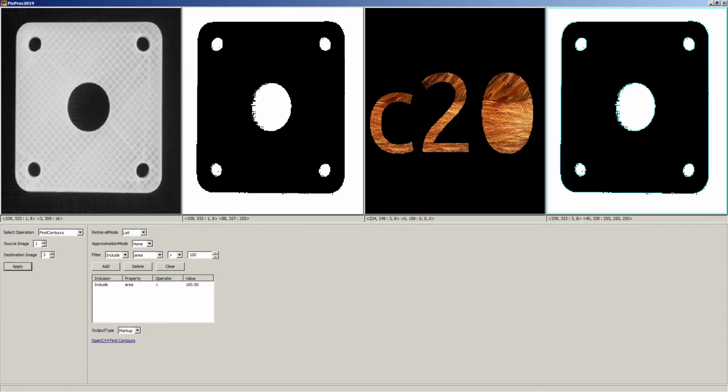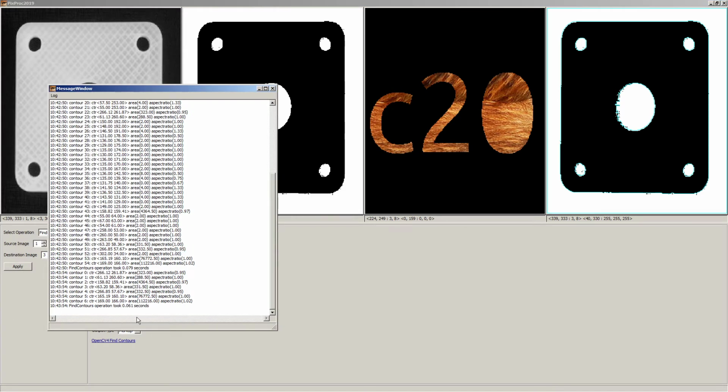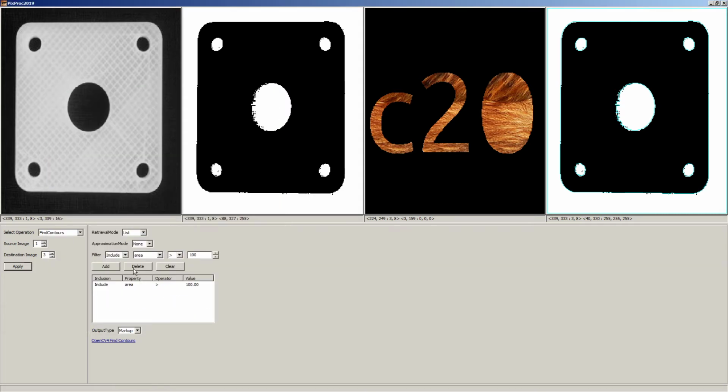If we look in our message window, we can see that 4 of the contours are in the hundreds range of area. One of them is around 4,300, and then there's 2 of them that are extremely large. So if we add an additional filter to say only include contour areas that are less than something extremely large, maybe 10,000,